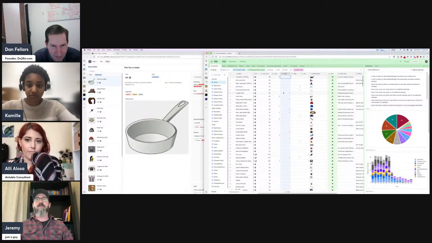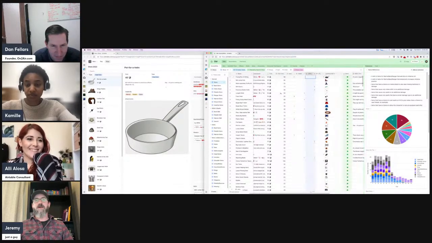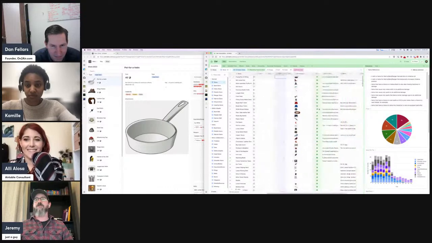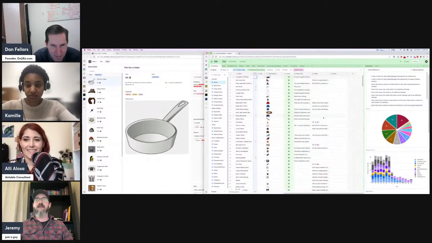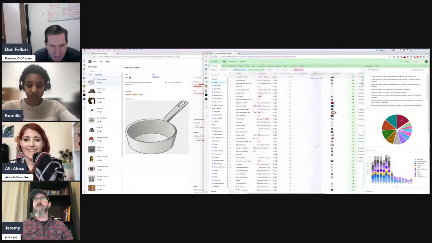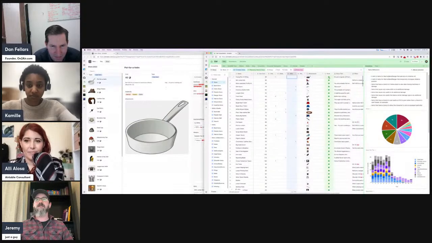How much will this item add to their defense score, their wit score, their power score, or their hardiness, their hearts? How much does it cost? And then what other kind of effects may it have? Sometimes I'll try to give it fun little flavor text too, that they will see when it gets sent to the store. And then I check this box when this item is ready to be sent to the store. And that's just a filtered view.